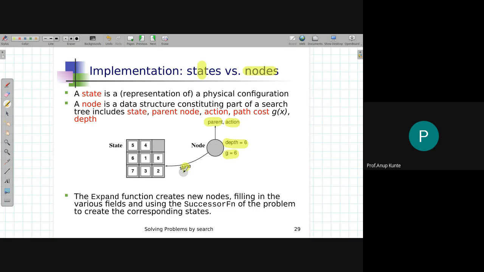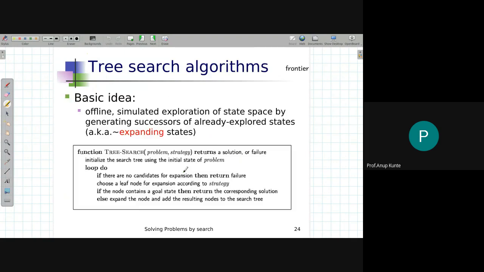So basically whenever you define a problem in a computer program, you do not just store the state of the problem, but along with that you also store the parent pointer, the action using which you reached this node, and the path cost to reach this node. This information is always available to a node in a tree search, and that's why the discussion in this algorithm could look a bit different from the discussion of the algorithm that we had.